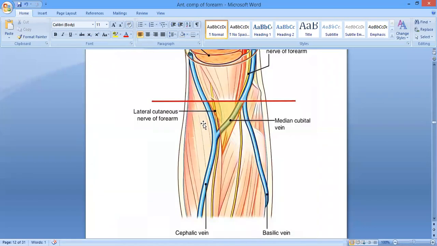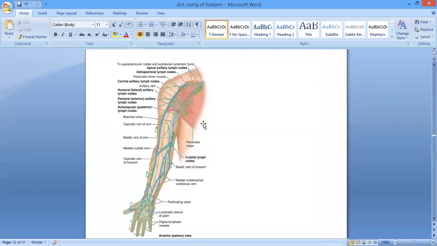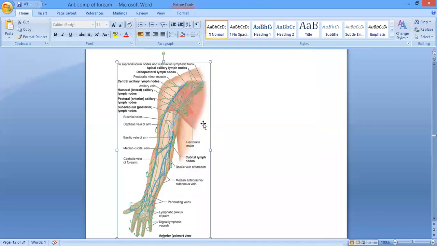Okay, now we'll talk about the lymphatics, the superficial lymphatics of the forearm. So as far as the forearm is concerned, from the lateral aspect of the thumb and the lateral aspect of the forearm, the superficial lymphatics will travel along with the cephalic vein and they are going to drain into the infraclavicular group of the lymph nodes. आपको याद होगा जब हमने axillary lymph nodes पढ़े थे, ठीक है ना, उसमें भी मैंने आपको बताया था, the lymphatics coming from the lateral aspect of the thumb and the lateral aspect of the forearm, they will travel along the cephalic vein and they are going to drain into the supraclavicular group of the lymph nodes.